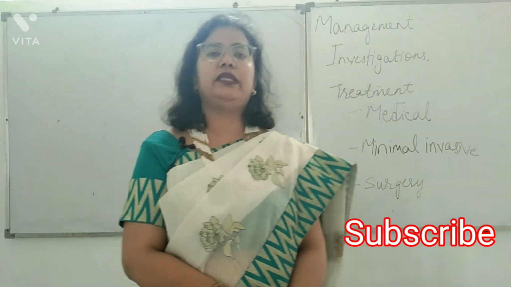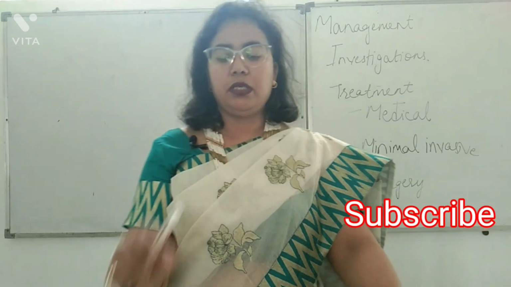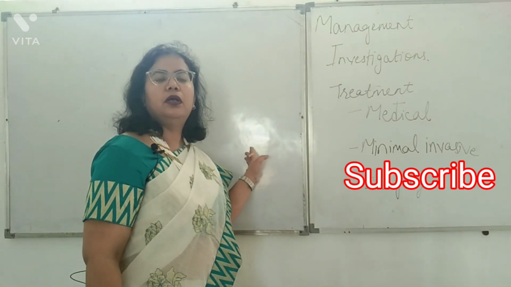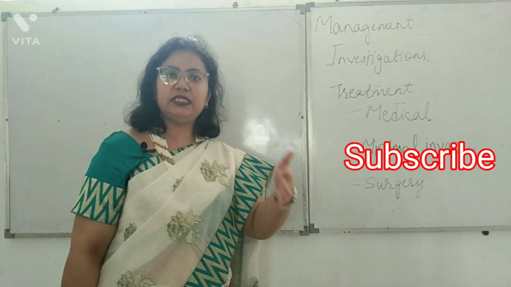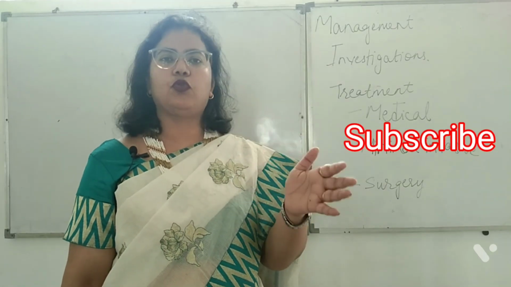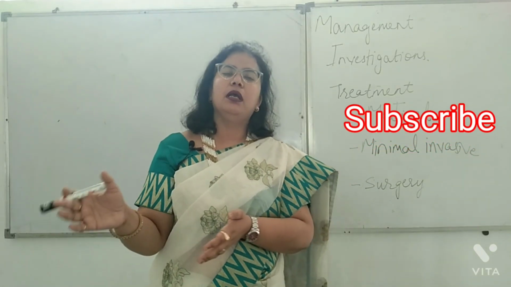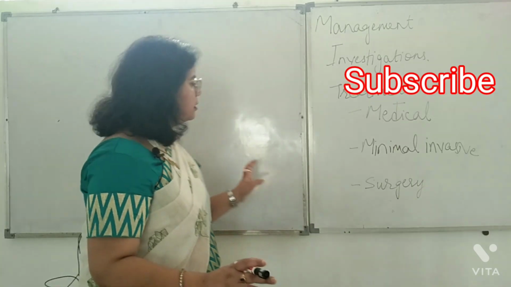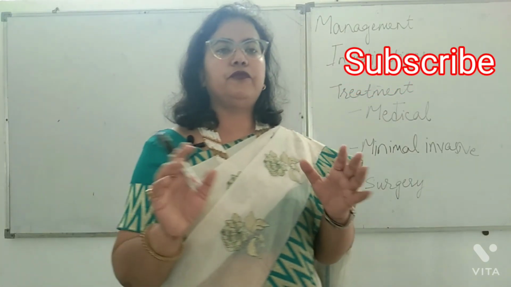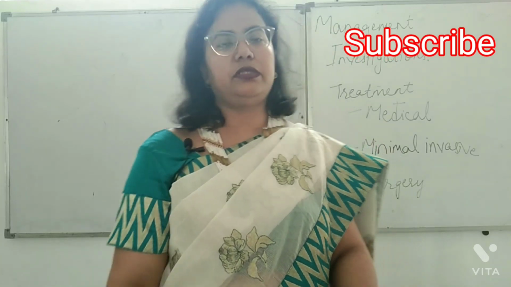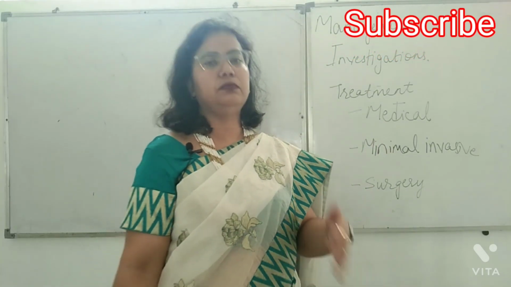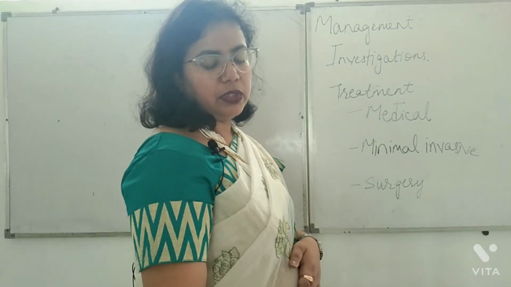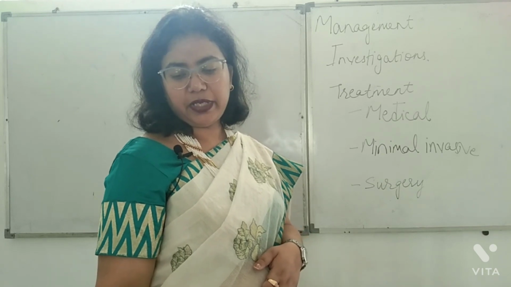So what are the contraindications for laparoscopic myomectomy? If the uterine size is more than 16 weeks gravid uterus, it is better to avoid the laparoscopic myomectomy and put her to an open myomectomy. Then what else is the contraindication? If there are more than 4 fibroids in her uterus, it is better to do an open laparotomy myomectomy instead of laparoscopic myomectomy. So these are the conditions that you should be aware of.